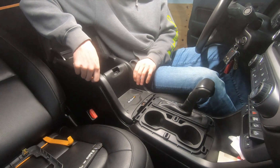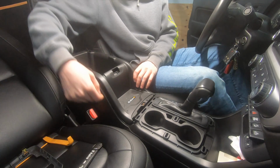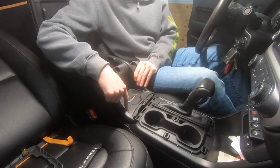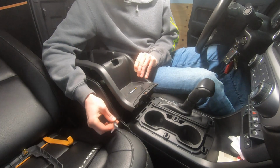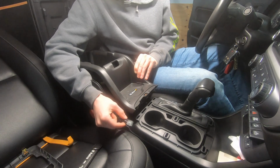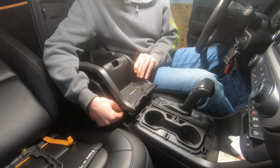Alright, so once you have your console free, there's going to be 3 plugs that you need to remove. The first one is going to be right here for the LED for the wireless charging indicator. I wasn't able to get the plug out of it. I actually just pulled the whole LED right out of the bracket on the console. The latch for the plug is actually on the inside toward the driver's side, so it's kind of a pain